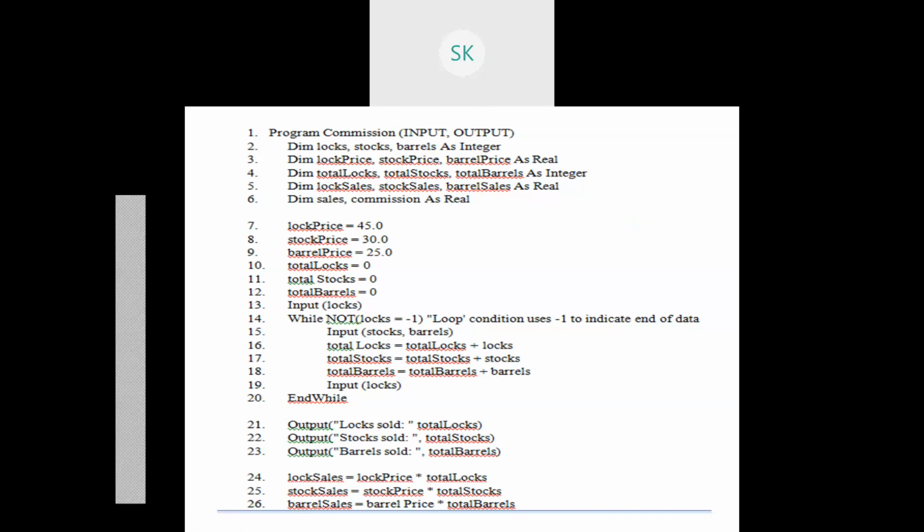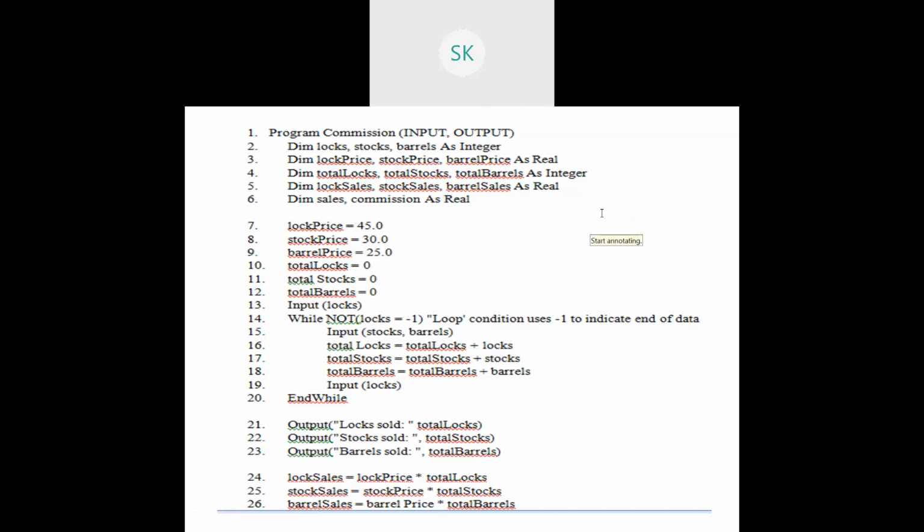Okay, we'll just write it once again. There is no problem for me. Slice with respect to sales I'm talking about. Sales is at the next node after this 26th, 27th node, it will be just contributed. So with respect to this, I need to mention the path. So what are all the members that it is involved? In order to calculate the sales, you need to have log sales plus stock sales plus barrel sales. So all these particular contributions need to be taken care of. So it is a combination. It's a cross product of all these three assignment statements that we have made.